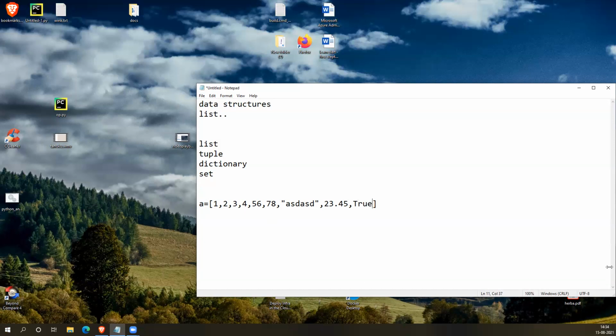And here the indexing starts with 0. If you want to access the first element, you access it like this, with 0. The last element you can access using negative numbers, -1, and from the backside it starts with -1. If you want to access True, you count 1, 2, 3, 4, 5, 6, 7, 8, 9. The ninth value means, as the counting starts from 0, it should be a of 8, or from the reverse counting, a of -1, any of these two.